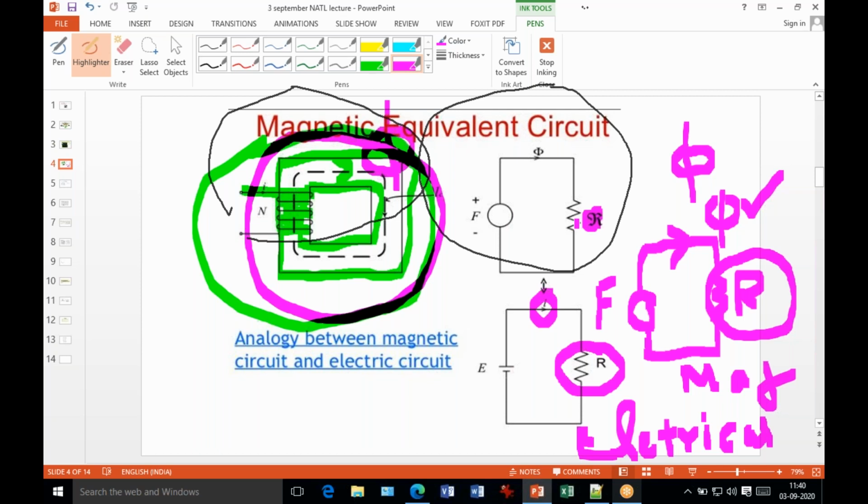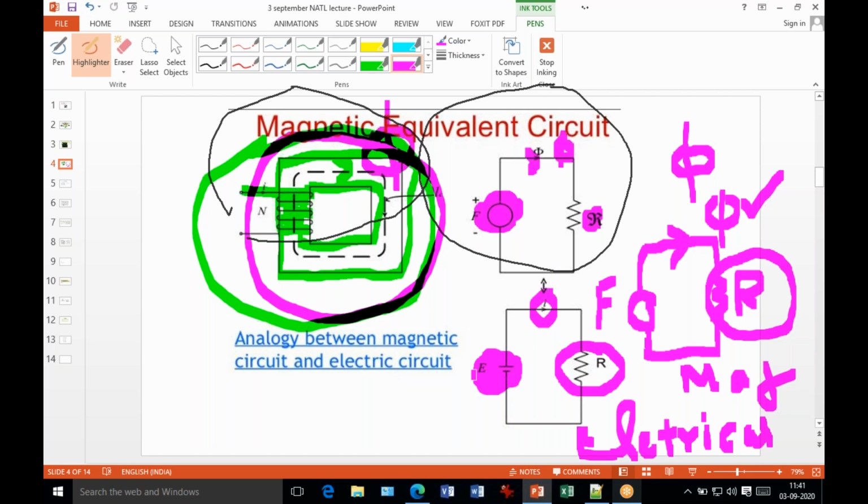Something you are aware of about magnetic circuits. Here the flux plays a very important role. The flux is generated by the magnetomotive force. The magnetomotive force is like your energy source. Your energy source is like this battery in the electrical network. This is a battery, an energy source. Without an energy source, you cannot operate a circuit like an electrical network. In an electrical network, an energy source is required to flow the current in your circuit. Similarly, in magnetic circuits, you require a magnetomotive force to flow the flux. So the behavior is the same.